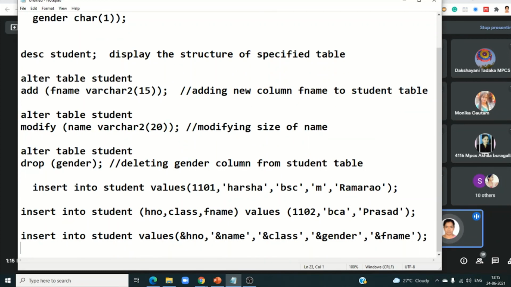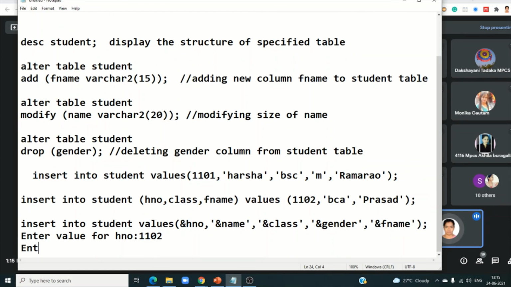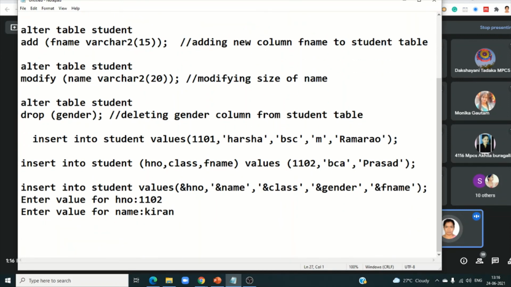When you press enter, if it is the SQL editor, it prompts: enter value for H number. It prompts like this, and you have to enter 1102. After that, it again prompts: enter value for the next column, name. It displays it like this, and you can enter the value. After the last one, value for F name, after the father name is entered,